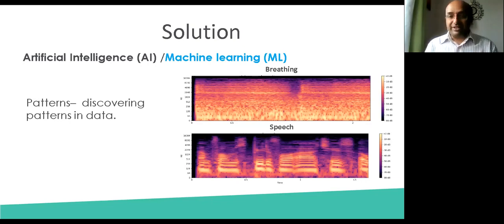This is called an energy diagram. It shows how much energy there is in the speech and breathing.